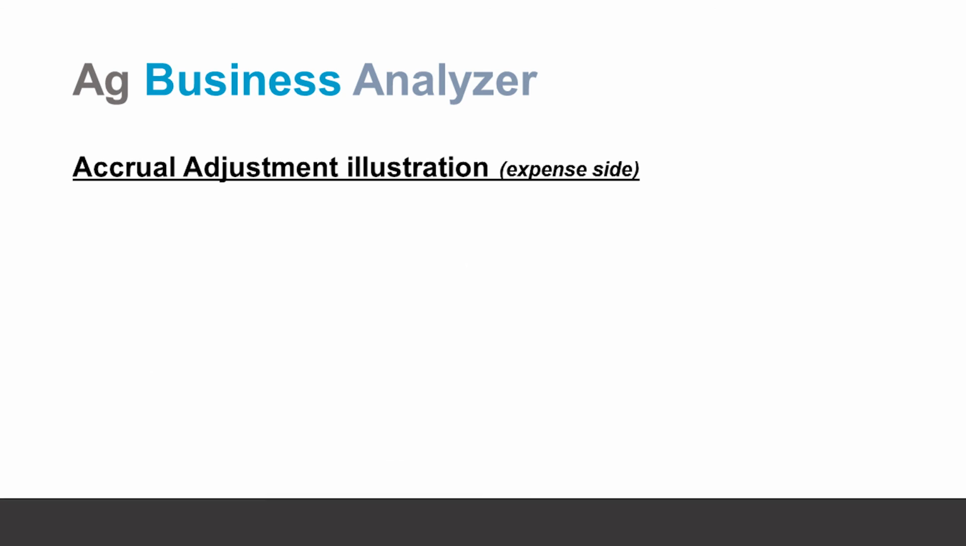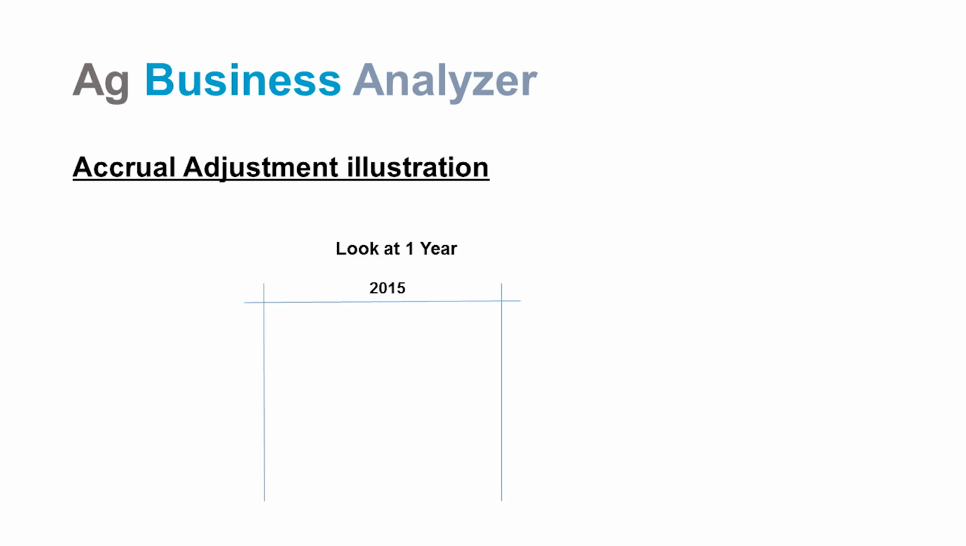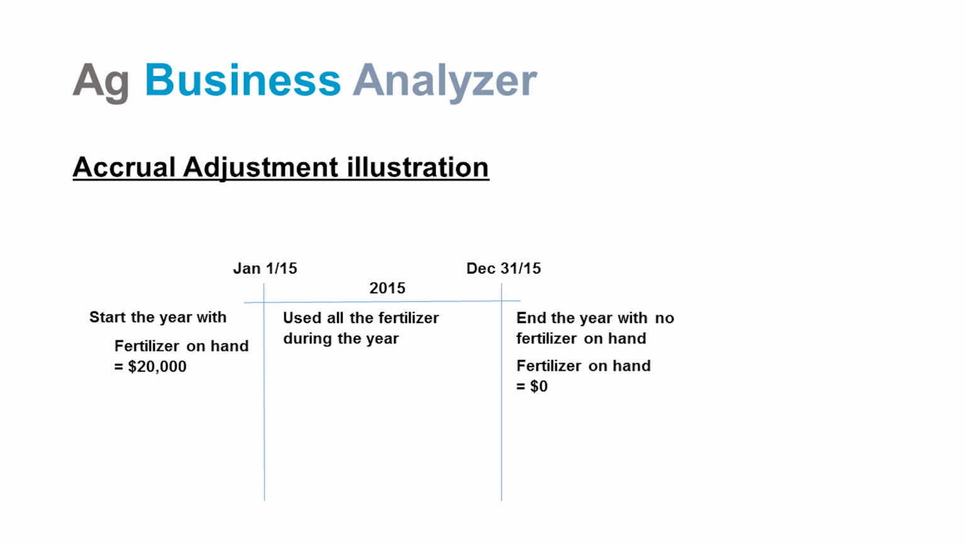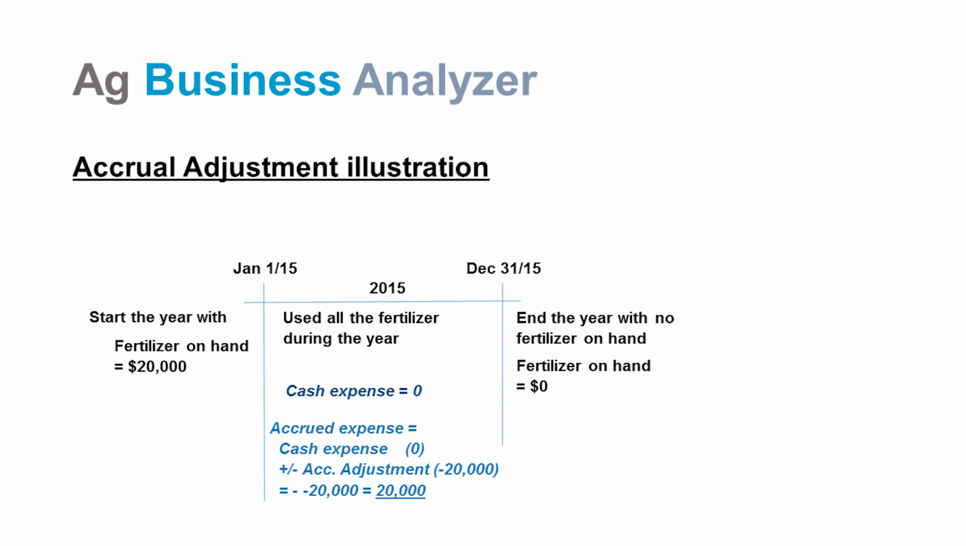The second illustration shows accrual adjustments on the expense side. So we'll look at the same year, 2015, running from January 1st to December 31st. We're going to start the year with $20,000 worth of fertilizer on hand. And during the year, all that fertilizer is going to be used. So we'll end the year with no fertilizer on hand, $0. So the cash expense for fertilizer is $0, but the accrued expense for fertilizer is actually $20,000